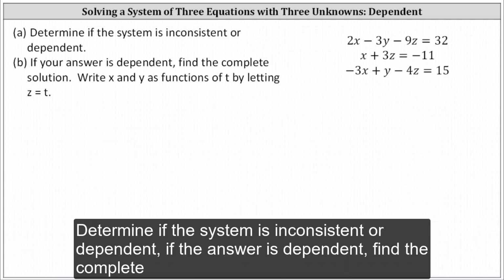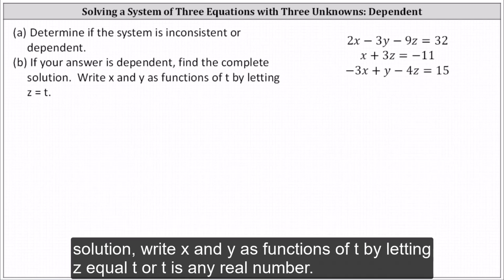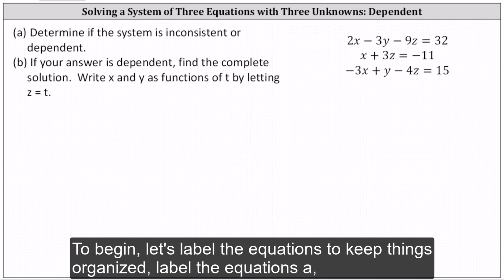Determine if the system is inconsistent or dependent. If the answer is dependent, find the complete solution, write x and y as functions of t by letting z equal t, where t is any real number. To begin, let's label the equations to keep things organized. We'll label the equations A,